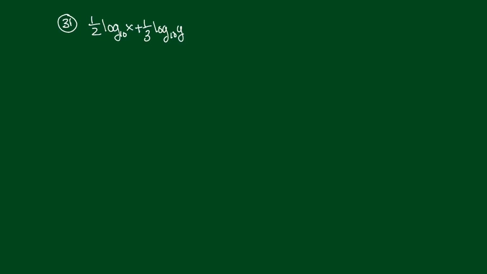Number 31 is a sum of two logs. We want to put this together as one single logarithm. Now you notice that you have a sum. You know that comes from a product. But you also have these multipliers out here, and you know those come from the exponents. So the first thing I'm going to do is bring the 1/2 up and the 1/3 up